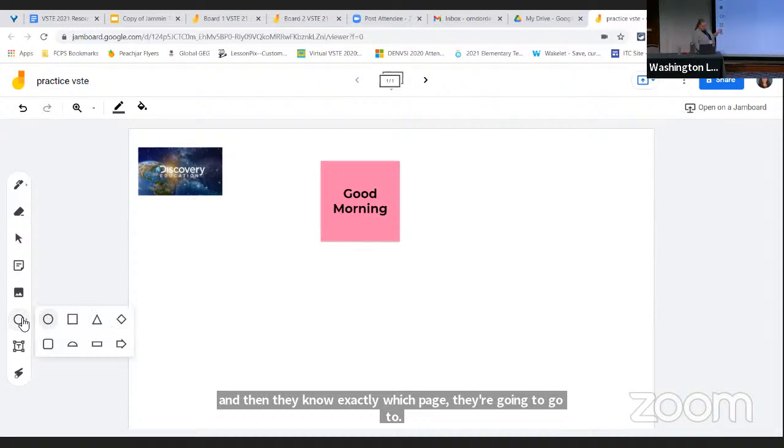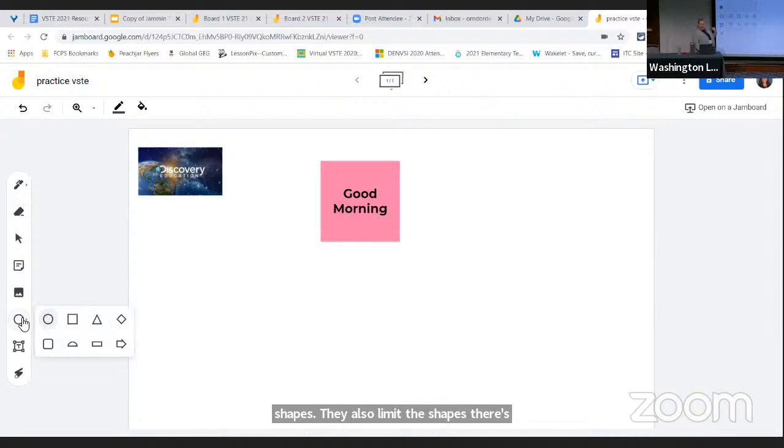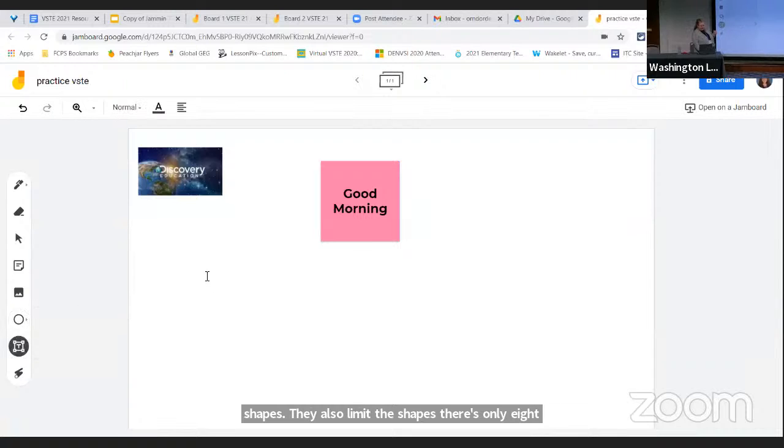Shapes, they also limit the shapes. There's only 8 shapes, so I'm hoping that they add some more shapes for us. You have a text box. So if I go over here